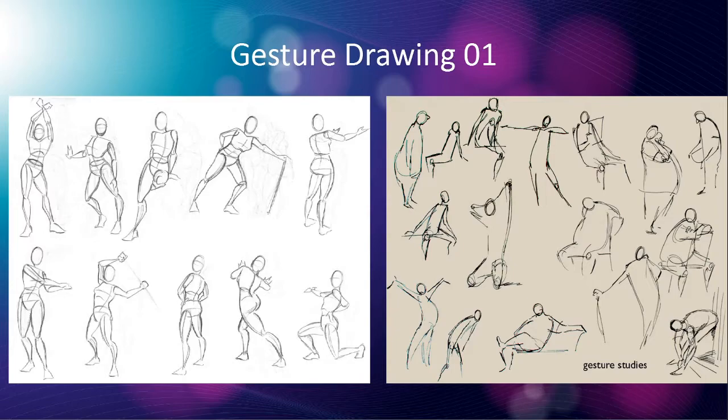I don't know what this person is doing. Maybe they're holding a bow and arrow, but there's this nice shape here, right? And that's defined by these lines. And this is a nice pose here. And see that there's a kneeling character with their hands behind their head and their elbows here pointing up.